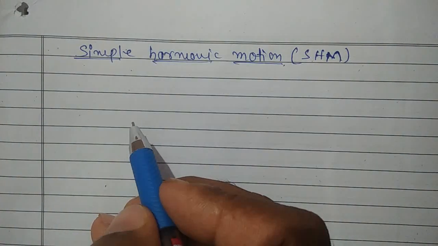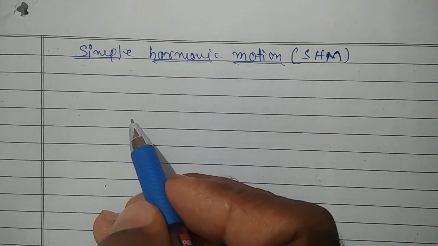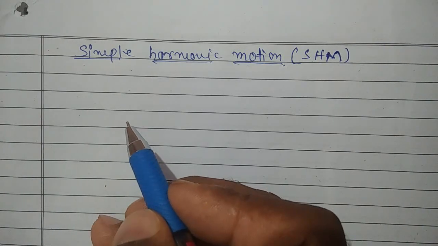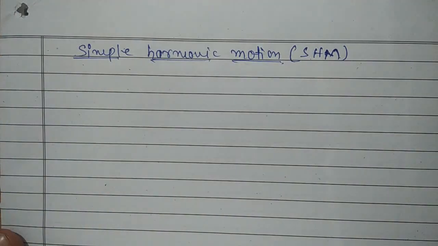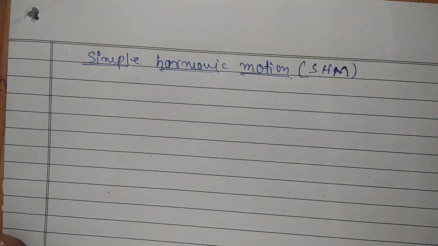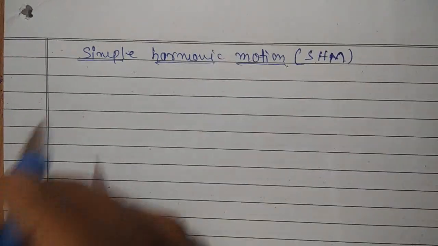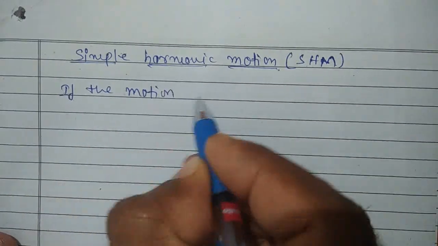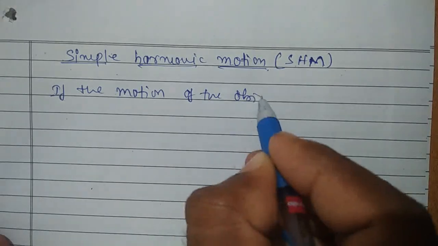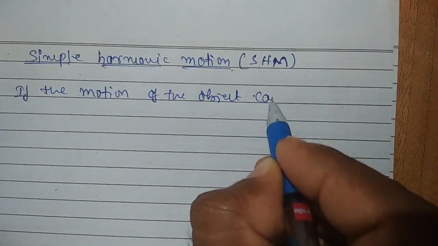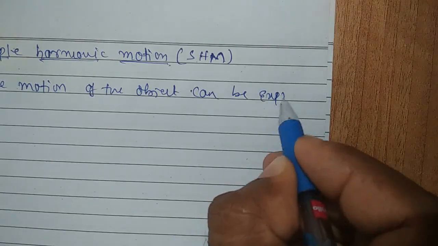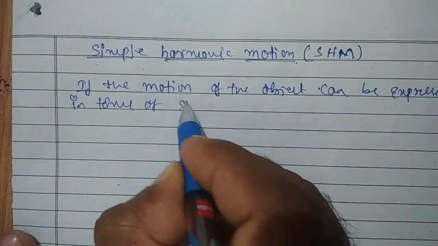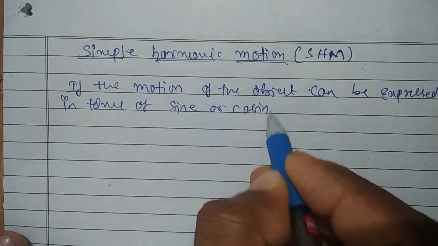We know what we mean by motion, correct? If there is a change in the position of an object with time, then the body is said to be in motion. That is, if the position of the body changes with respect to time, that is what we call motion. Now, if the motion of the object can be expressed in terms of sine or cosine functions,